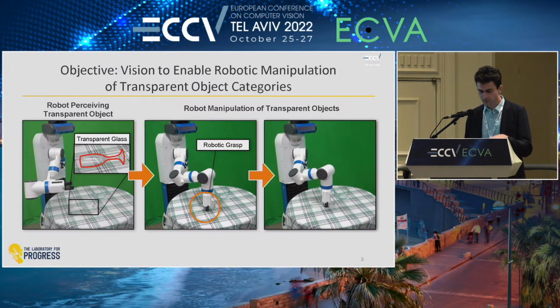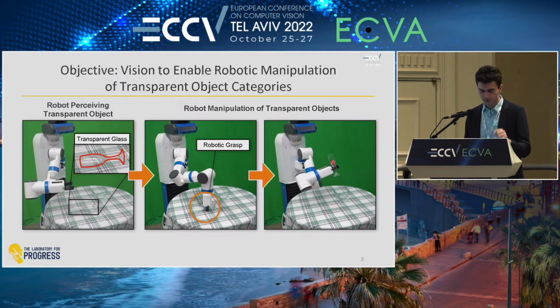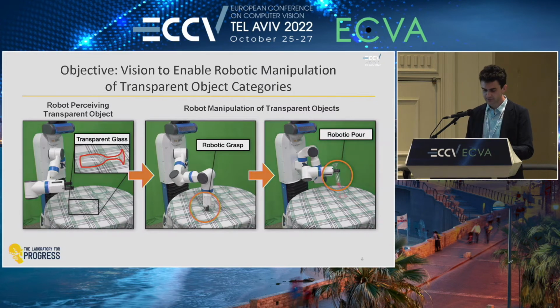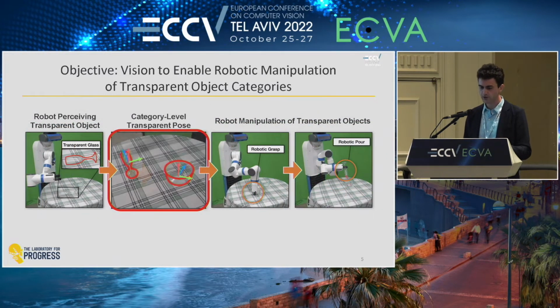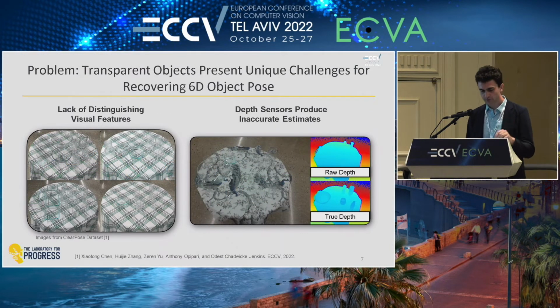And this is what we build up to in this project, but currently remains a real challenge for our vision systems to actually support. And the key piece of information that would enable our robot to actually perform this sequence of actions is having knowledge about where the pose of these transparent objects are within the table. So this is the key piece of information that we're going to try and recover in this project.